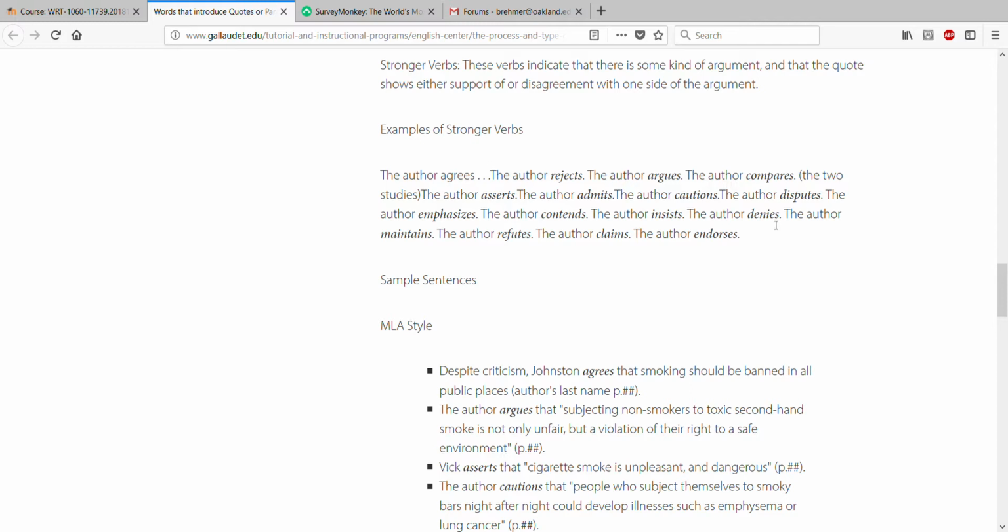And that's why paraphrasing is so important in your essay too. If you're paraphrasing, you have command of that source material, and you know if they're rejecting some information in that paraphrase. You know if they're emphasizing some information. So this is just a really good way to allow yourself to introduce your sources or refer back to a source pretty easily by using some of these varied verbs in your writing.